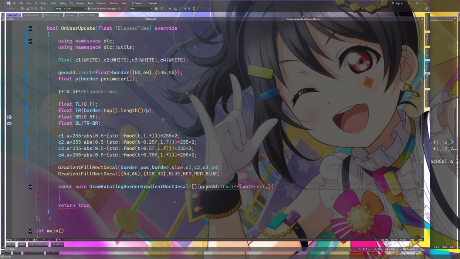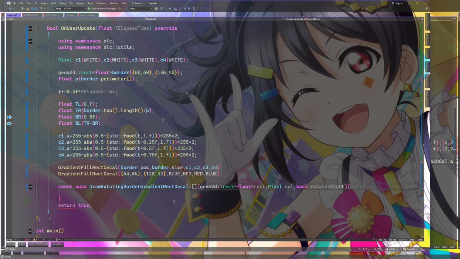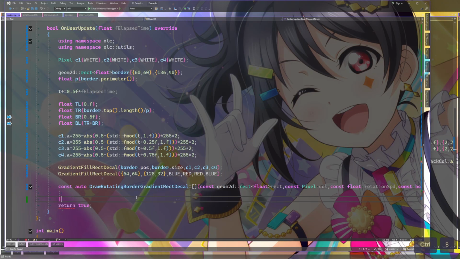Rect. We're gonna need to choose a color. We'll have to choose the direction. Bool rotates right. And the rotation speed. I think that gives us what we want, for the most part.